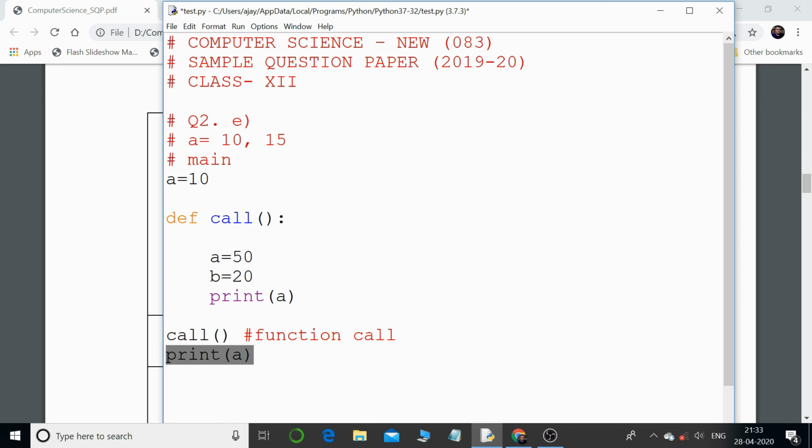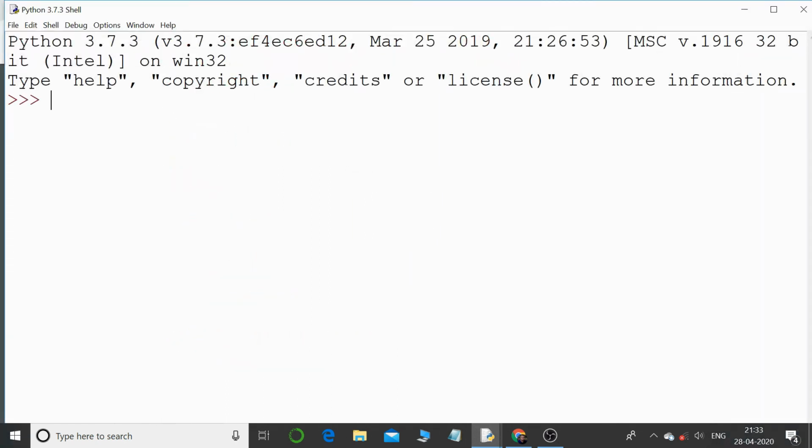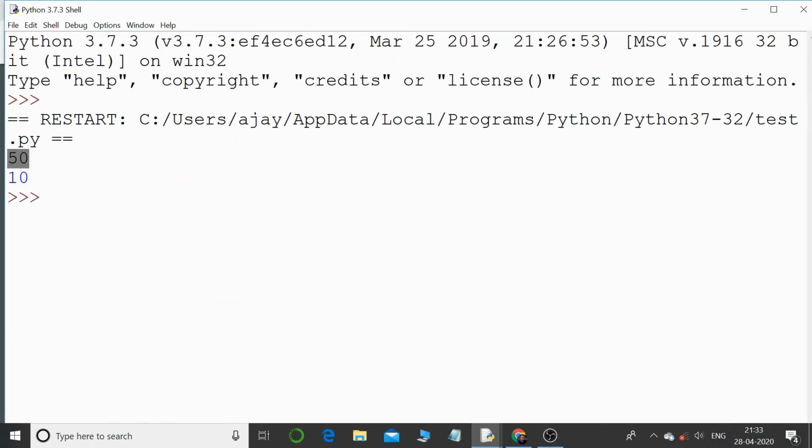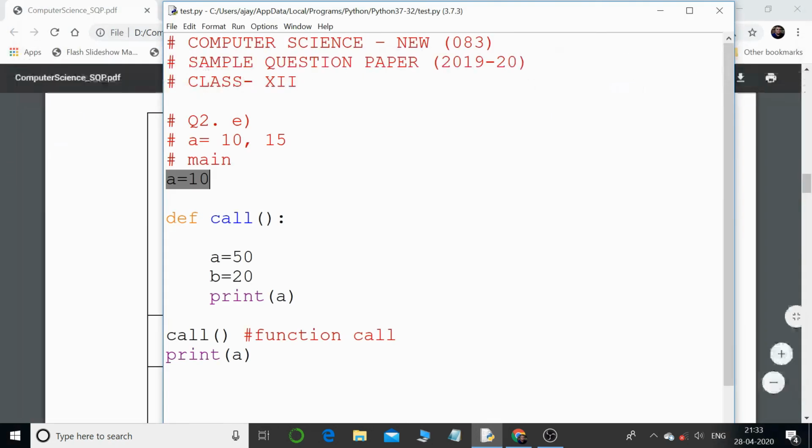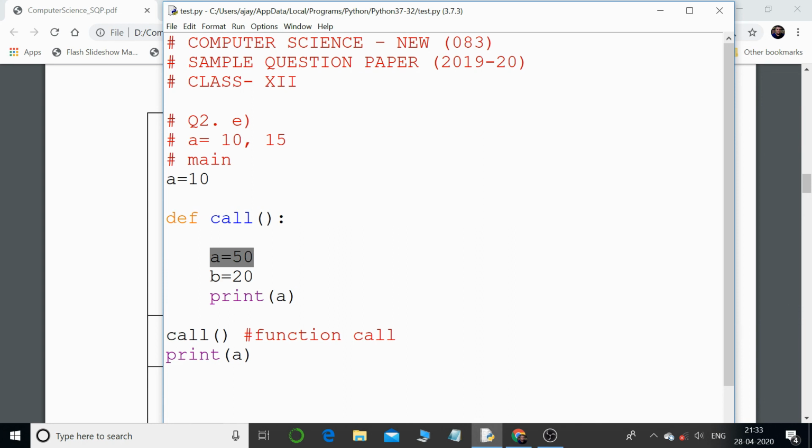It will print the a which is part of the main program, that is 10. Now you can see the output over here. First it was 50, now it is 10, because this is a global variable and this is a local variable. It is only local to this function. Once this function ends, this particular variable will not exist, it will die. So that is how the concept of global and local variables works.